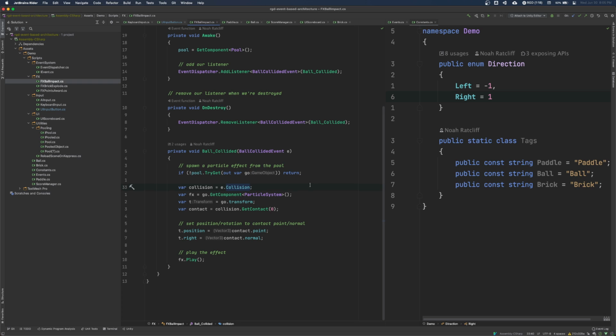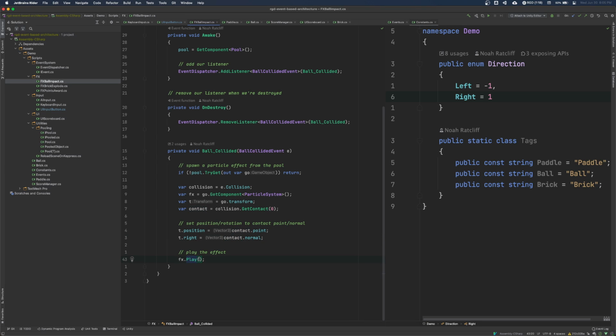So we have a pool of particle effects. And on the collision event, it gets the collision information, gets the particle system, and sets the position and rotation to match the information that we have from the collision information, and plays the effect.